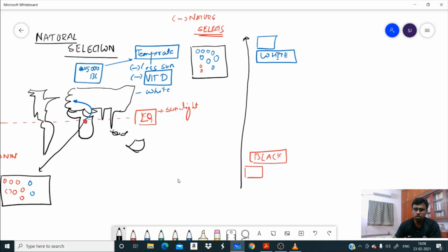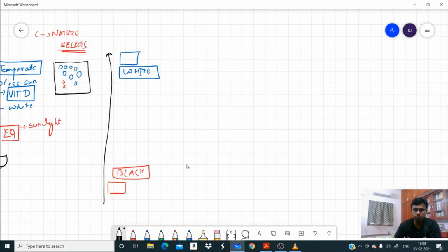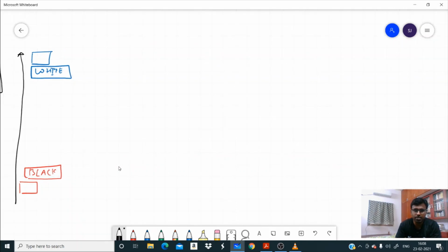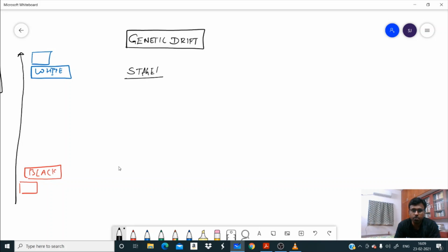This is the basics you have to know in order to proceed to genetic drift. So as I said, what is genetic drift? We have to have a foundation of what natural selection is in order to understand genetic drift. In the same way, a change in allelic frequency happens, but how does it happen? I will take an example of a population which has this allele or gene, and another population with the same gene.